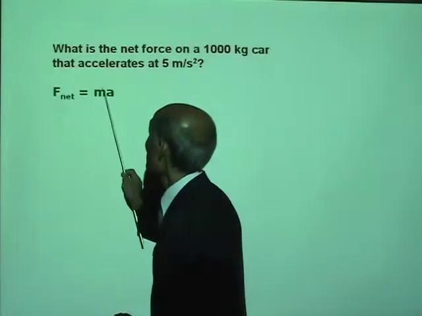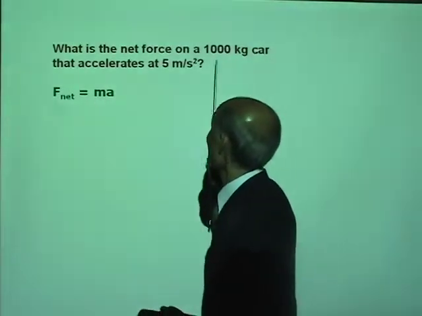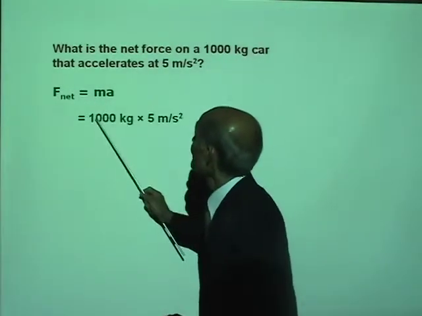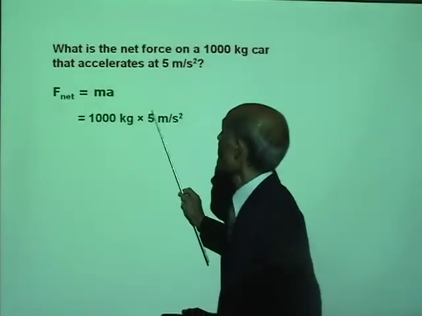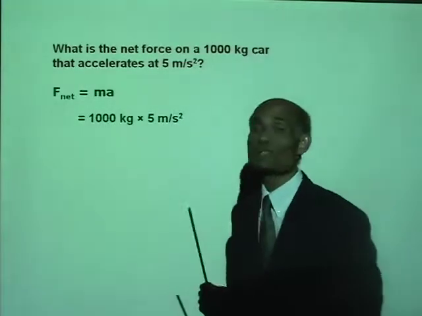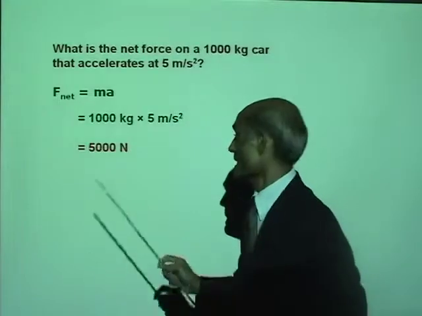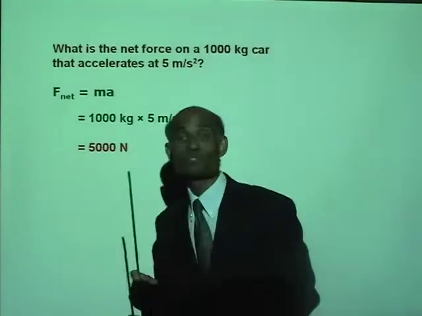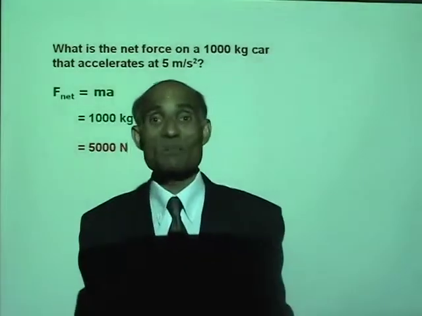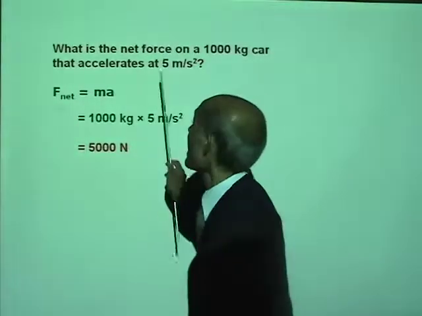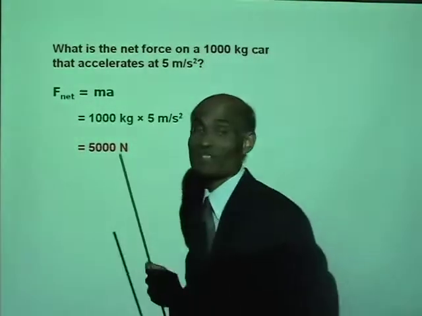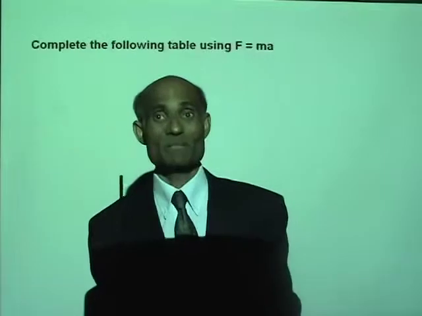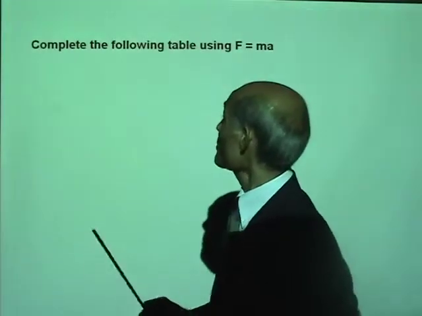So that will be mass multiplied by acceleration. That will be 1,000 kilogram multiplied by 5 meter per second squared, and that will be 5,000 Newton. That is the unbalanced force on the car that produces this acceleration. Alright? Now, I want you to complete